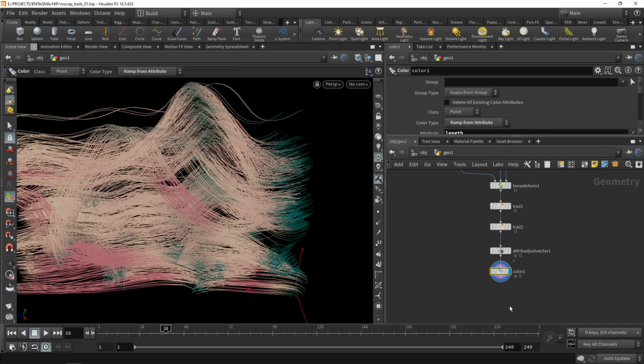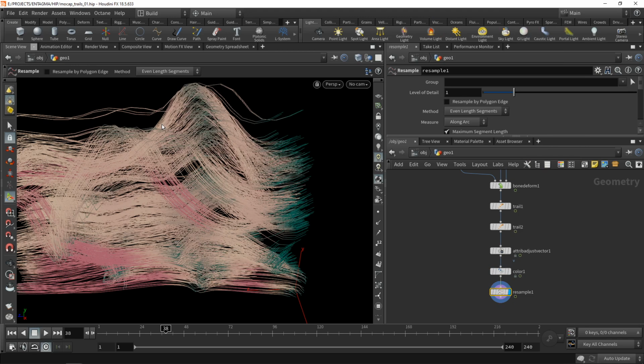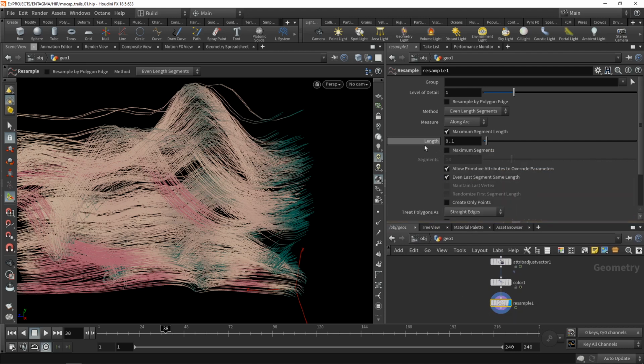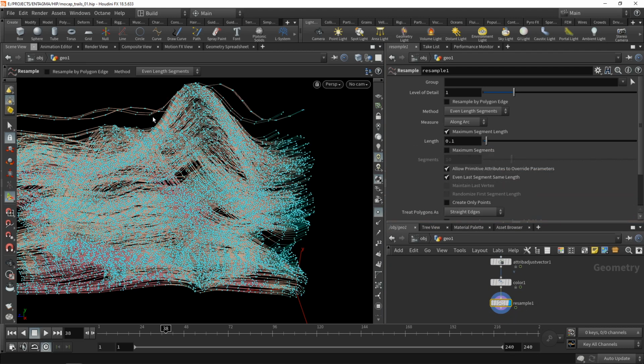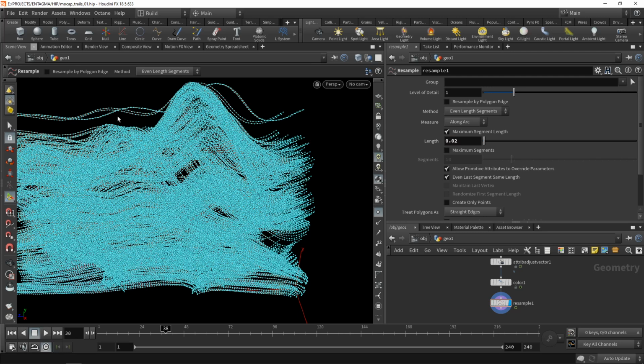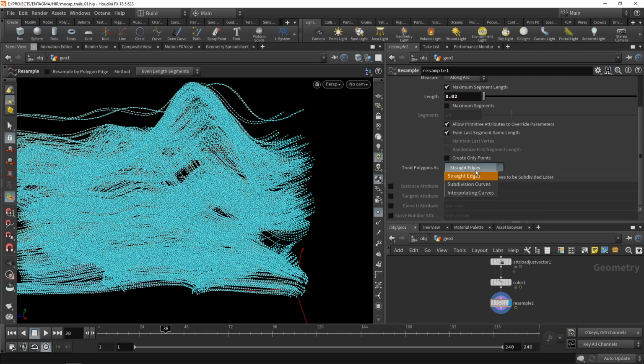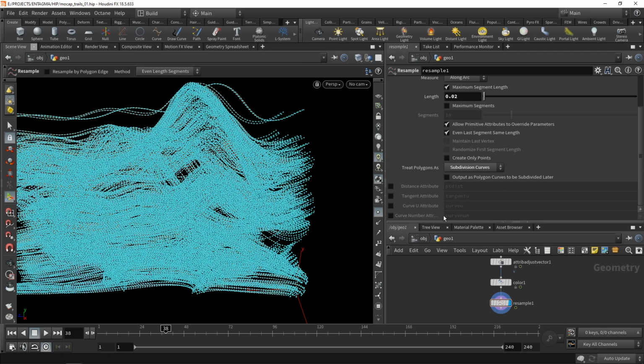for example, up here, by adding a resample node, which you can already see tries to distribute those points on those curves uniformly. However, when I drag its properties down here, the length of those points, the spacing of how far they're apart is a bit too big. So let's dial that down quite substantially to a value of 0.02 in my case, resulting in these highly subdivided lines here. And also down here, let's treat the polygon as a subdivision curve, smoothing it a bit, and output